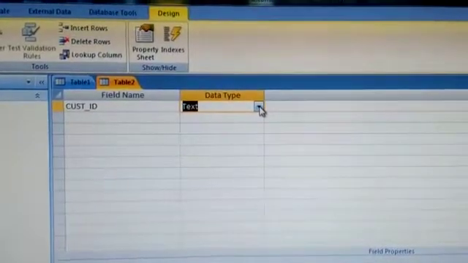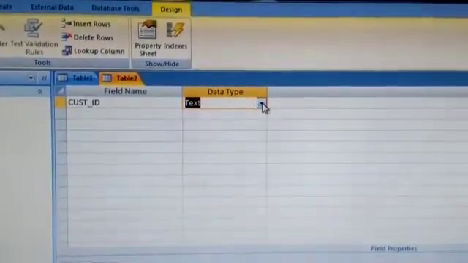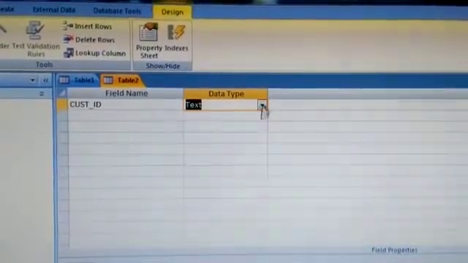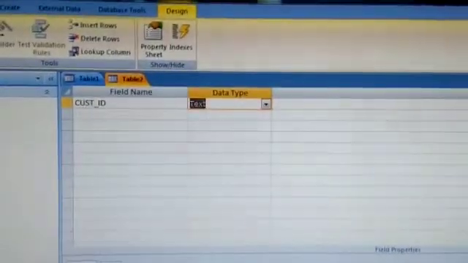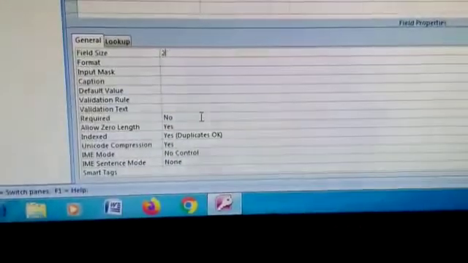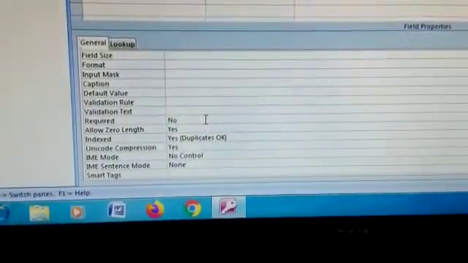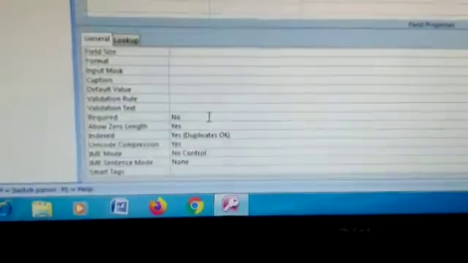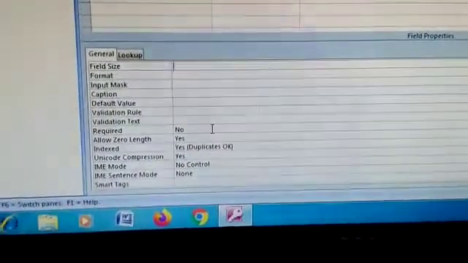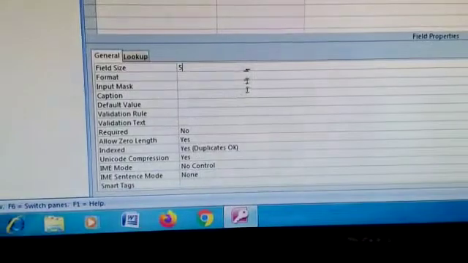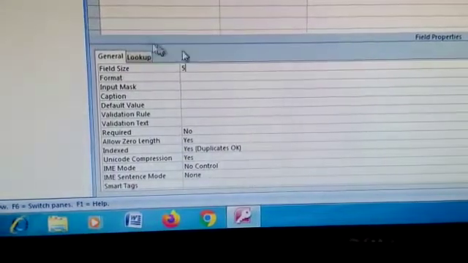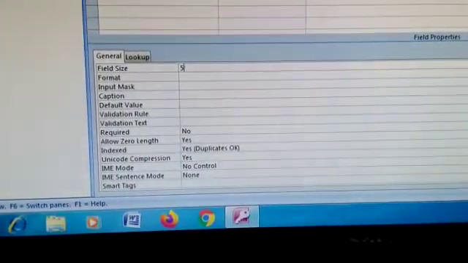I want it as text, so the data type remains text, and the field size. The field size, customer ID, would not be very long, so it can be put as 5. That saves space in the computer memory.